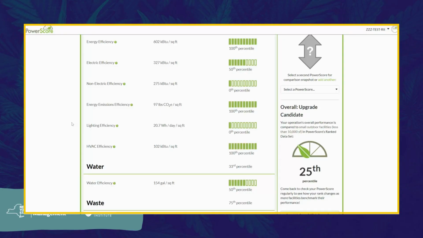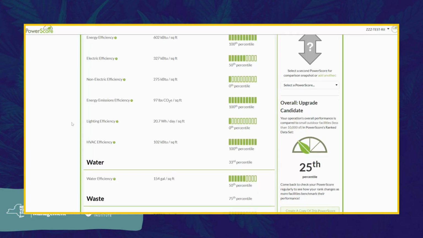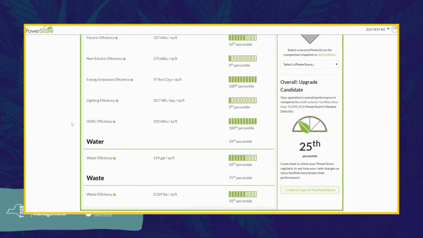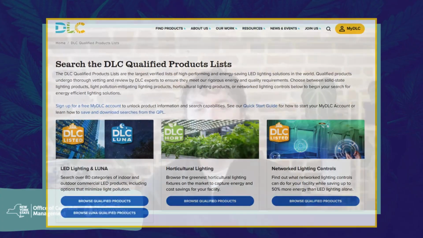The lighting efficiency is watt-hours per square foot of flowering canopy. This comparison to others can be a good indicator of how efficient your lighting setup is compared to similar facilities. There are often programs through utilities that can help you upgrade your lights to something more efficient as well. At the bottom of the efficiency section, there are also bonus points for using lighting products listed on the DLC